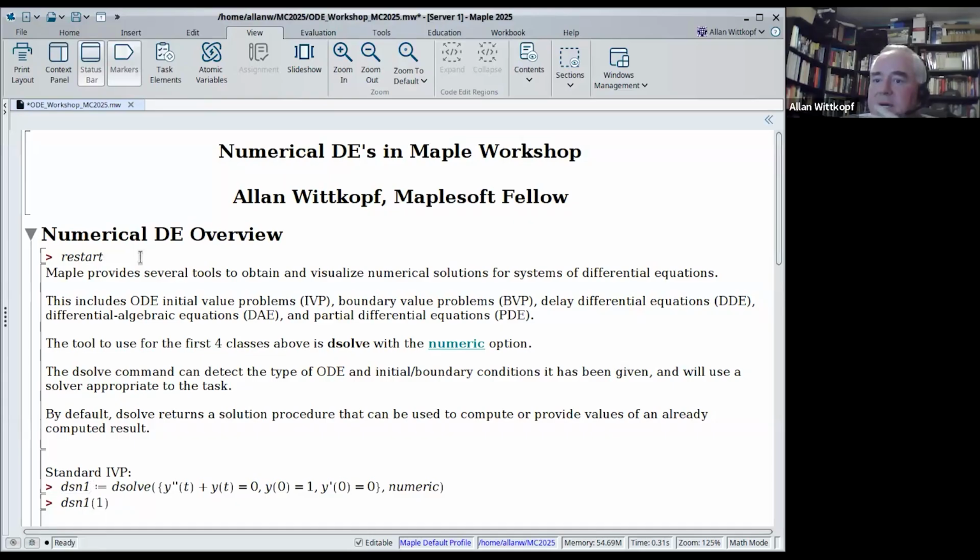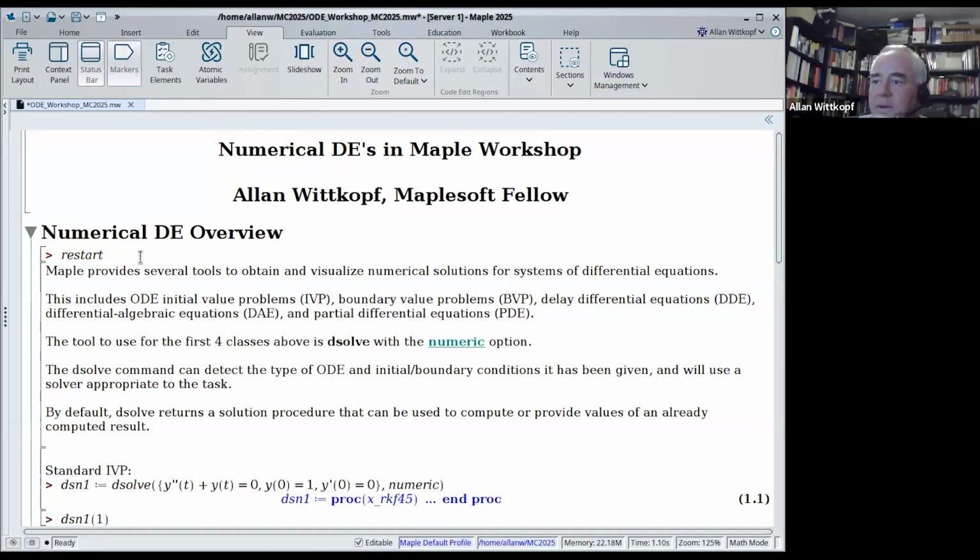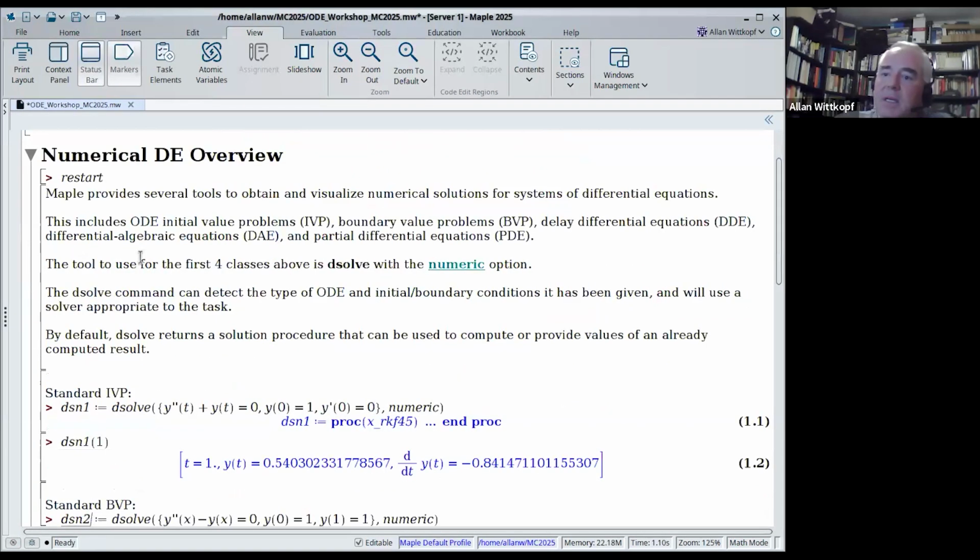So for any of the univariate stuff, initial value problems, boundary value problems, and the like, dsolve is the command you want to use, and the numeric option gives you the